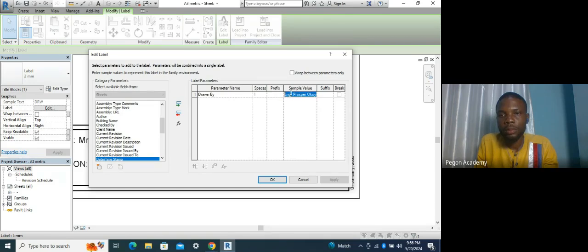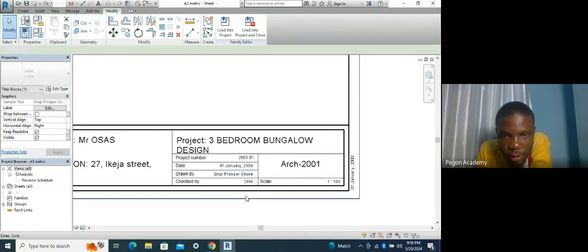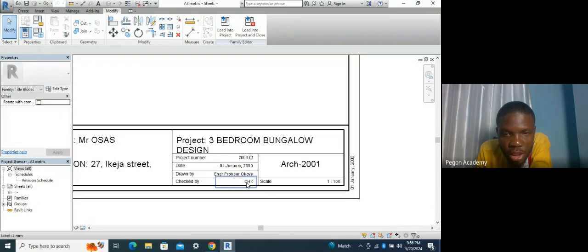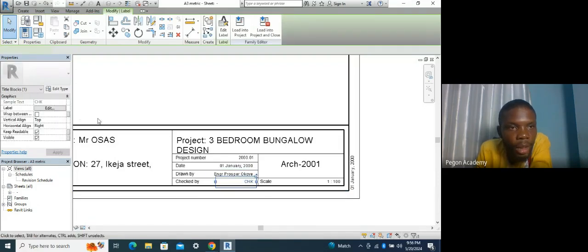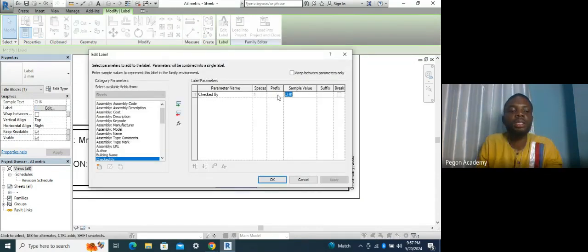Let me copy it. I can't copy. Just drag it a little bit so that it will enter the space. So check by, edit it also and call it